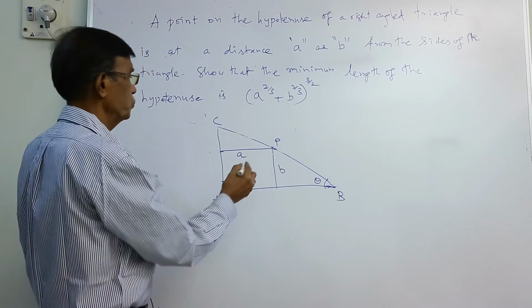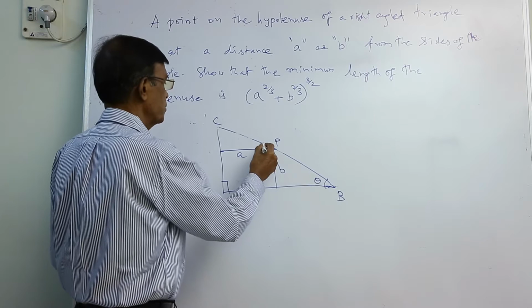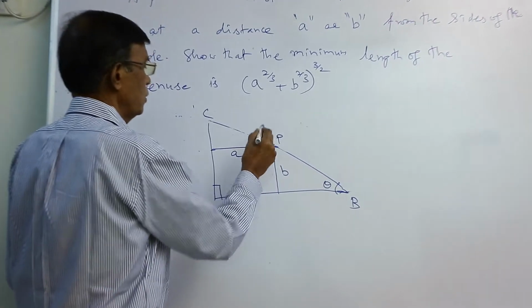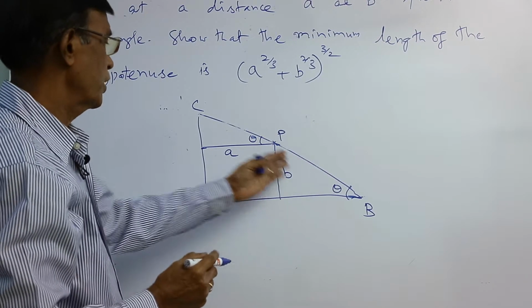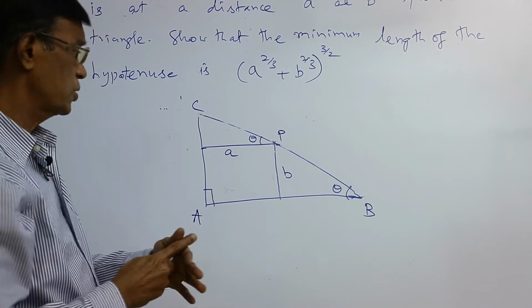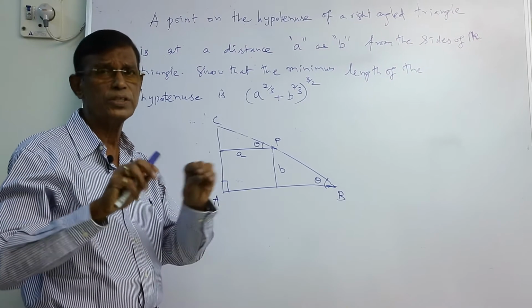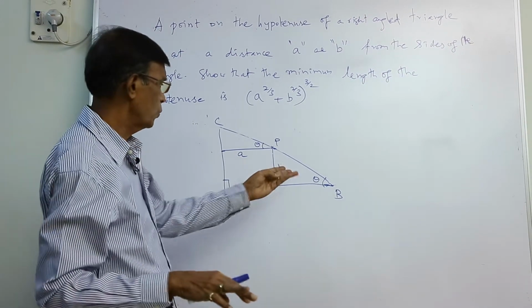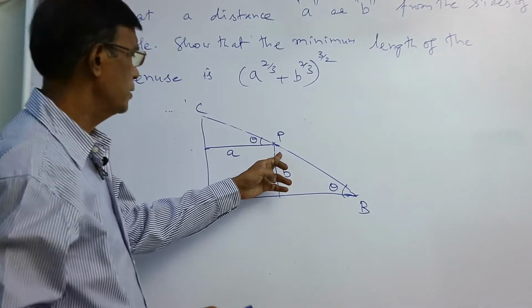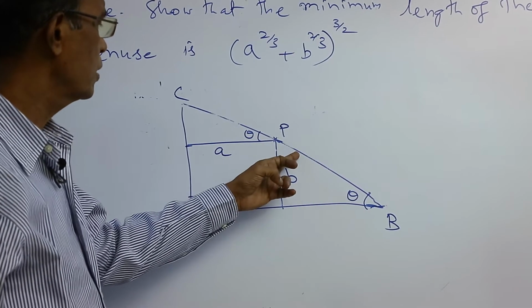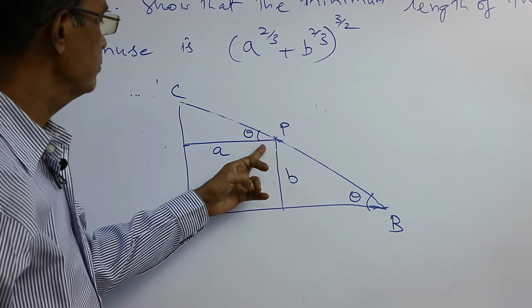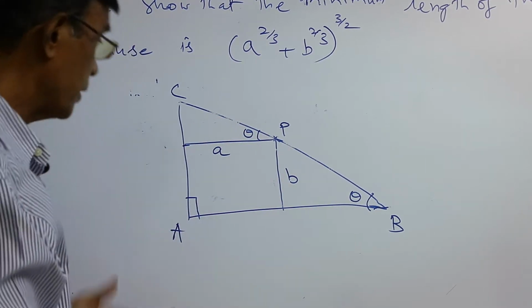Now when this is theta, this is also theta. Either you say corresponding angles. See, a simple concept can be explained in other ways also. Now you can tell them this is 90 minus theta, the whole thing is 180, this is 90 and this thing. See, there is another way also.